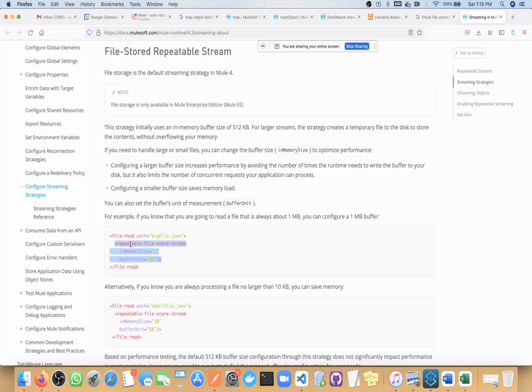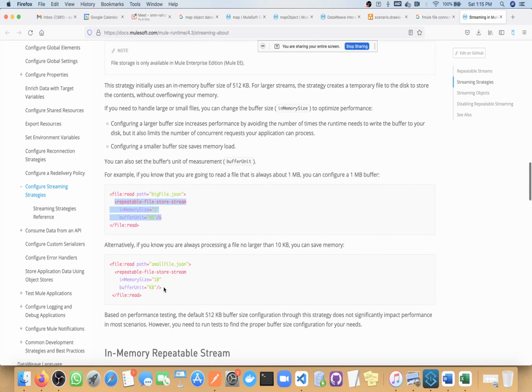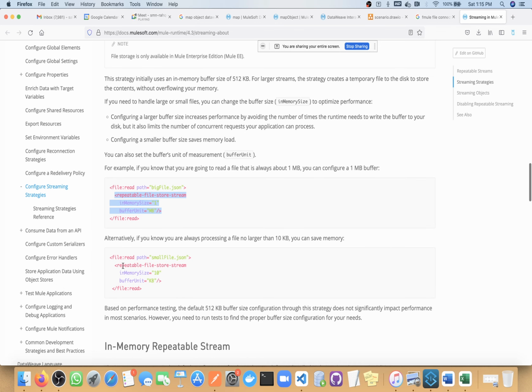Here you are defining a repeatable file store stream, with in-memory size 1 MB and a buffer unit. This is your in-memory size. You can make it whatever MB or KB you want. Okay, in this way you can configure this streaming option.